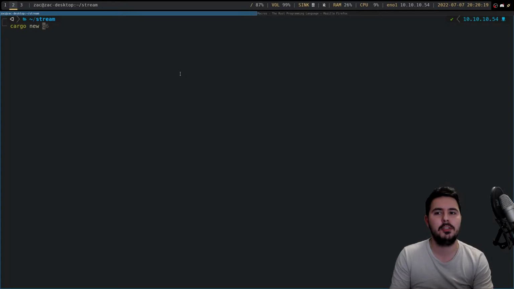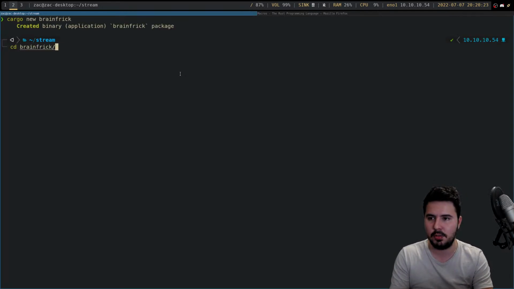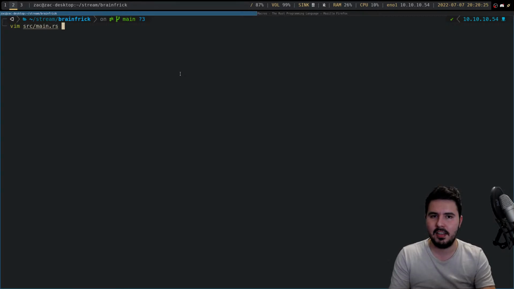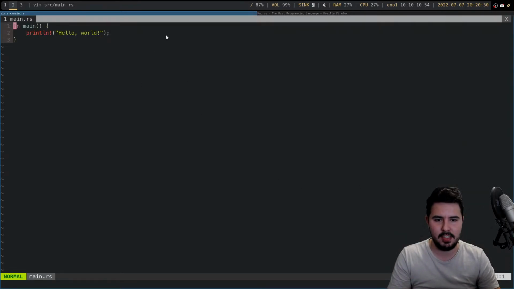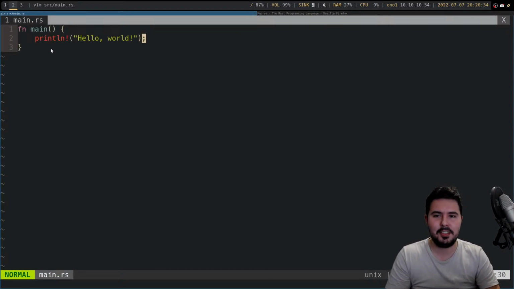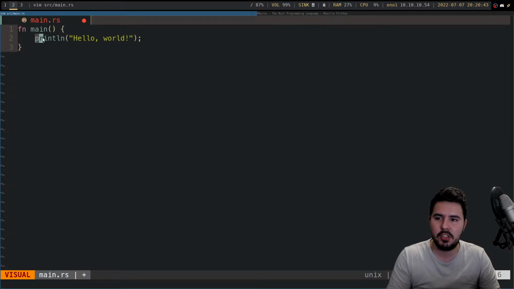Okay, let's make a new cargo project so we can start to play around with some stuff. Let's do cargo new Brainfrick. Nice, cool. Okay, don't mind my editor just going crazy in the background there. So notice I've just created a new cargo project and there's already a macro here. How do we know we see a macro? It's this little bang symbol here. So if it was just println here, this would be a function call. Println would have to be a function. Whenever you see the bang character after